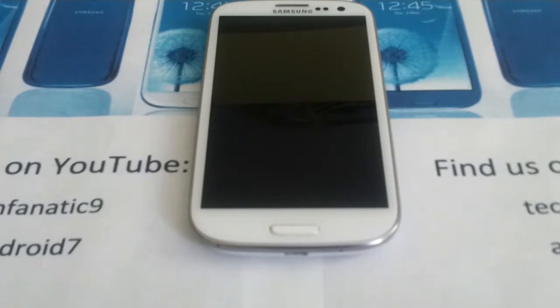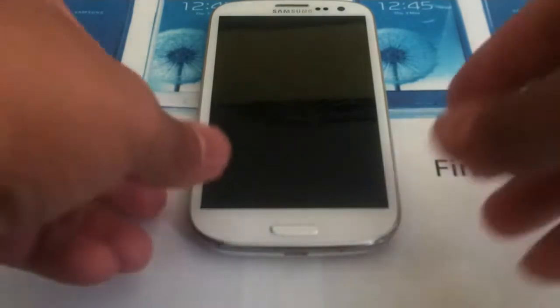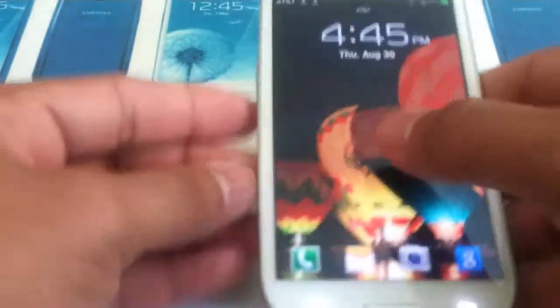AppDrawer7 here from AndroidTechBlackspot.com. Right now on Galaxy S3, I'll be showing you how to properly flash a ROM on any Android phone. So first of all, what you're gonna do is go ahead and get to your phone and